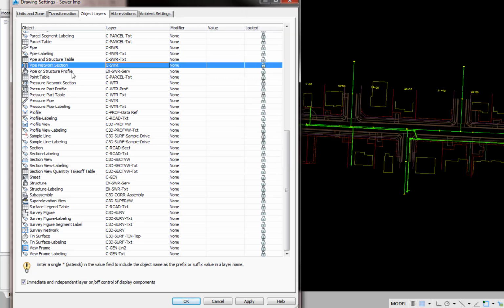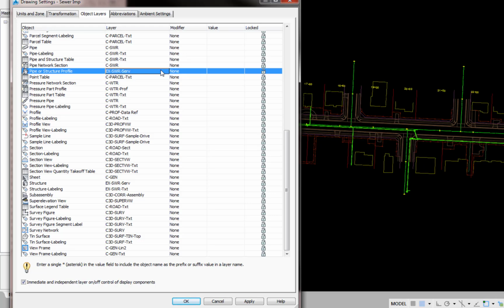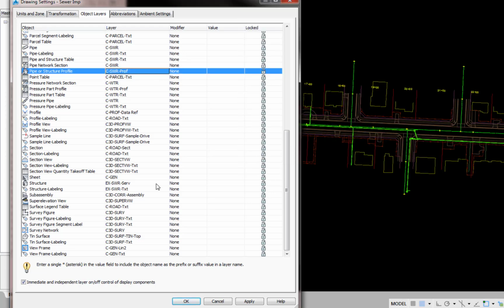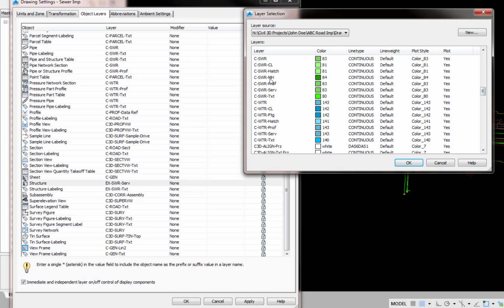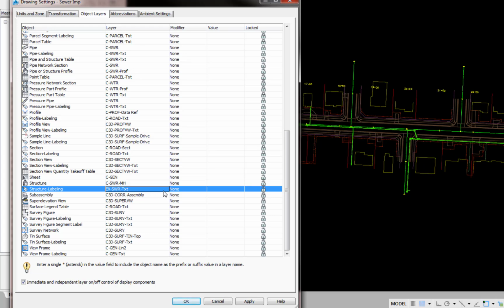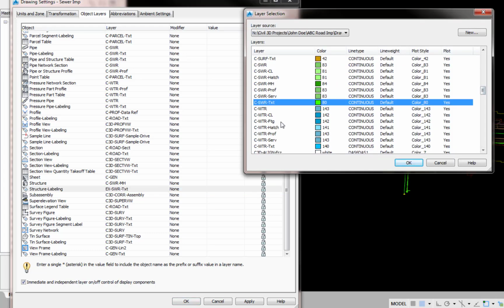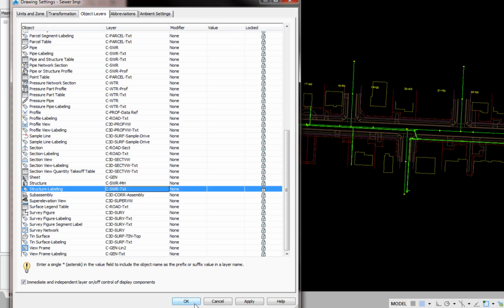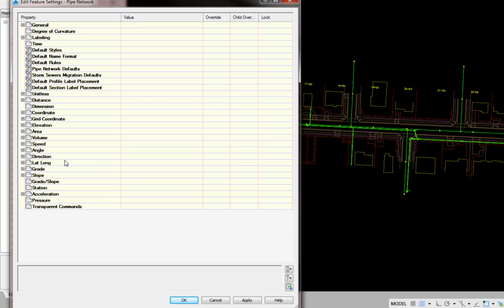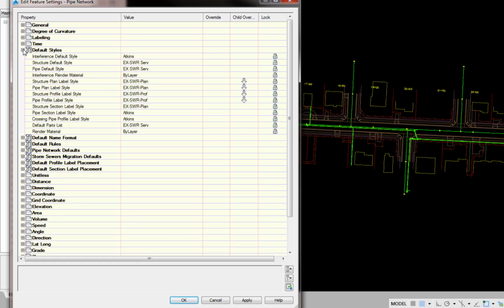Pipe or structure profile label style, pick the current, C sewer profile, OK. Structure, pick the current, C sewer manhole, OK. Structure labeling, pick the current, C sewer text, OK. OK. Right click pipe network, edit feature settings, default styles, structure default style, pick the current,